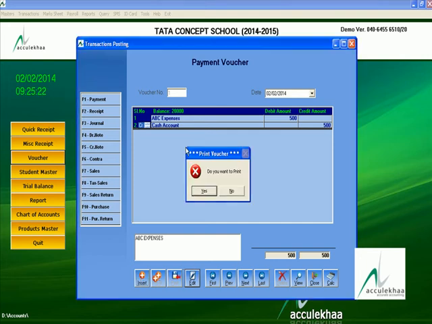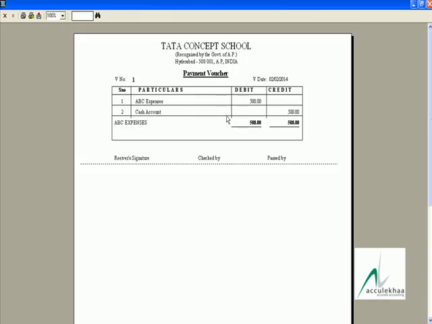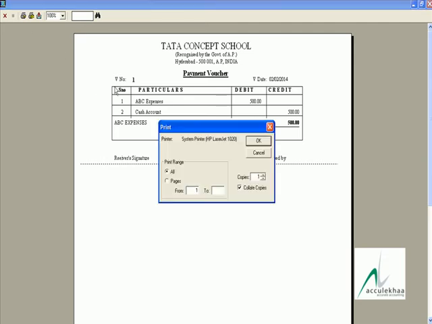Do you want to print? It will give the payment voucher also, and you can take the signature of the receiver, passed by, checked by. You can give print like this.